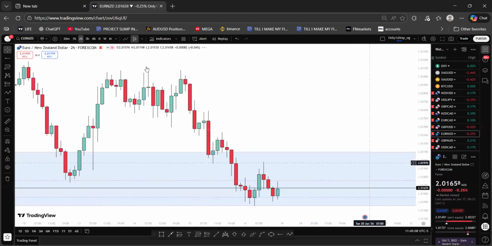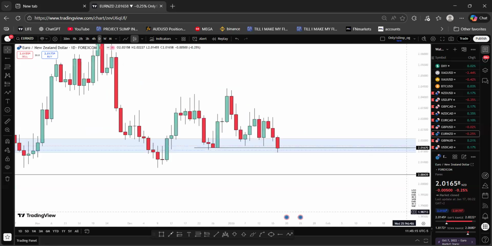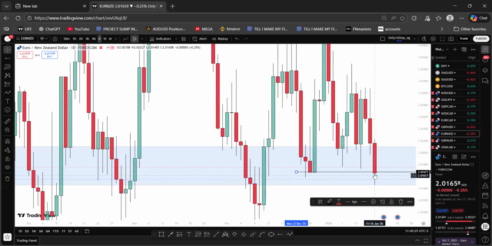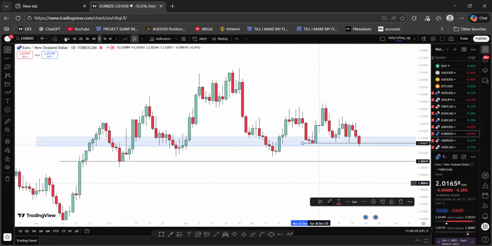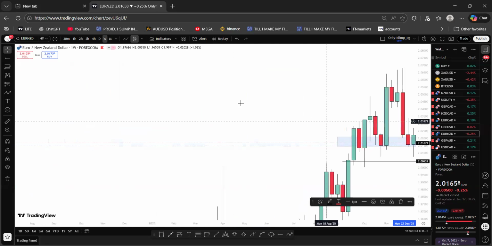And this is now NZD CHF. Euro NZD, sorry. The daily is very much bearish now. You can see we're having a break at this point. You can clearly see it, but when you zoom in, you'll see that market actually broke below and the daily is now bearish, even though the weekly is bullish,